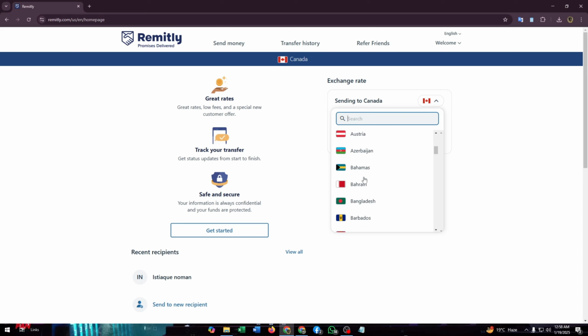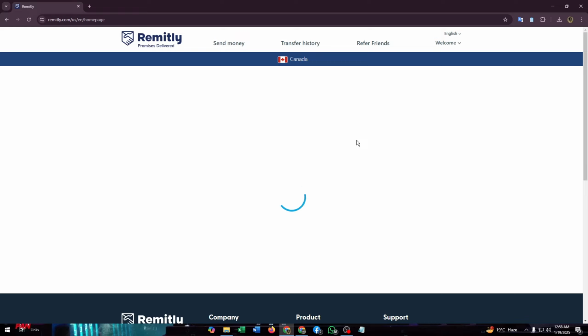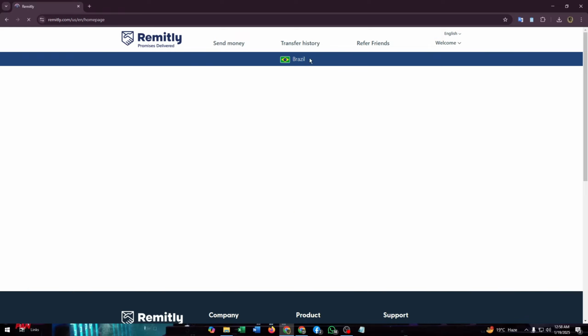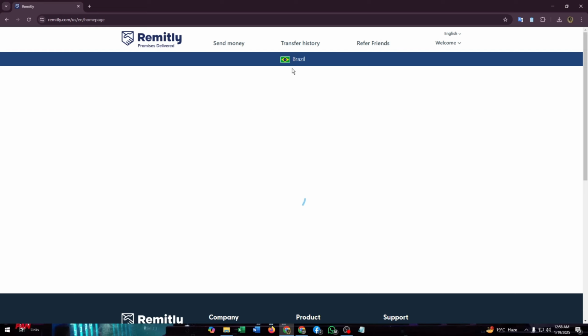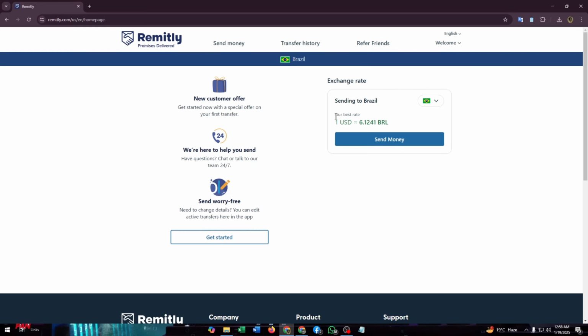So you must tell that person to set the country. For example, my country is Brazil. So I'm going to tell that person to set Brazil as the sending country. You have to set this country, and after setting this country to Brazil, you can see the status has changed here, and then you just need to give that person your personal details and the payment method details that you want to get paid by, and then the person will go through this type of process,